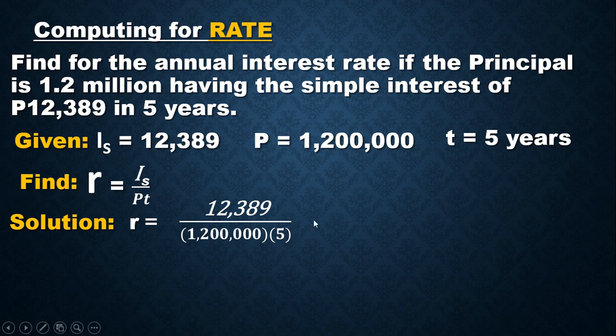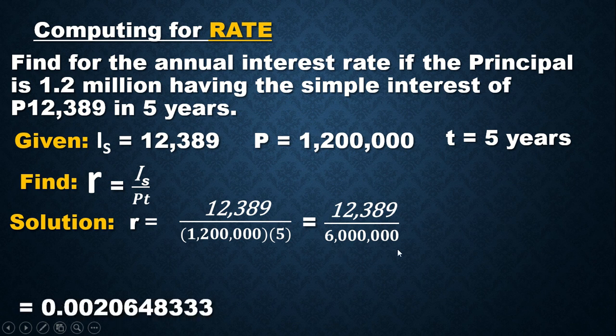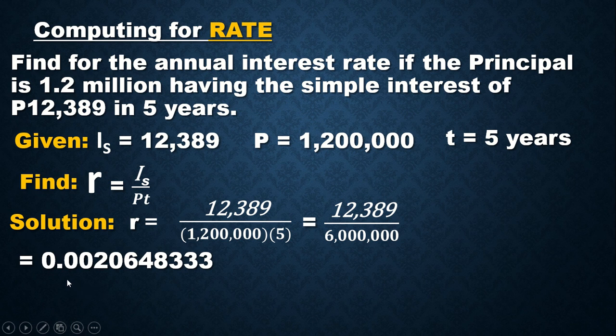Next solution, huwag po muna natin gagalawin ang simple interest. We have to multiply this principal times the term. So siya ay naging 6 million. Minultiply po natin ito, kaya naging 6 million. Next solution, we have to divide 12,389 divided by 6 million. So ito pong nakuha natin,